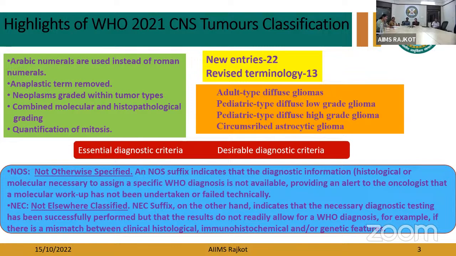And in the new edition, quantification of mitosis is done. Previously, mitosis was given per high power field, but now onwards it is given per mm square. And now every category has been designated 2 criteria: essential and desirable diagnostic criteria. And 2 new terms have been added: NOS and NEC. Not otherwise specified is used when required diagnostic information or diagnostic technique is not available for WHO diagnosis, and not elsewhere classified is used when the required diagnostic information is available but